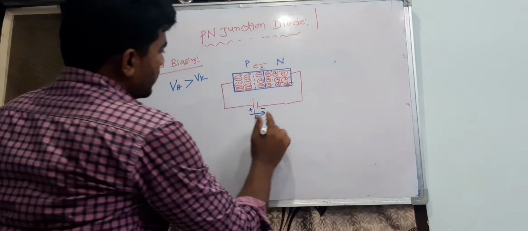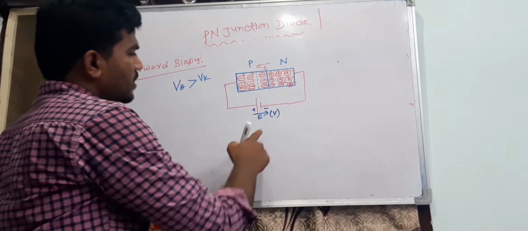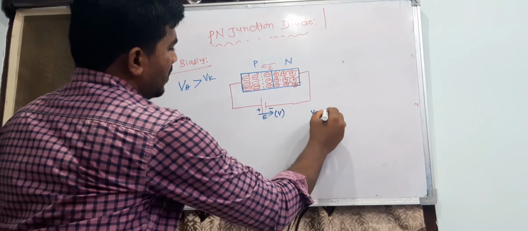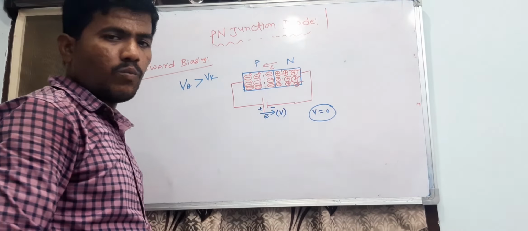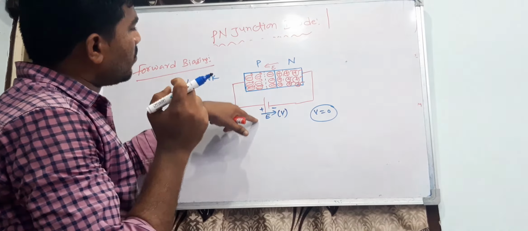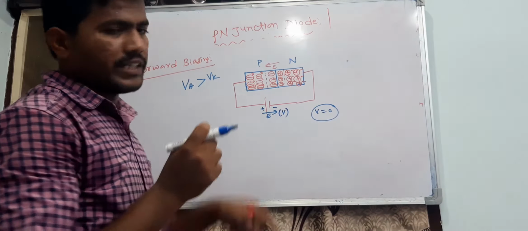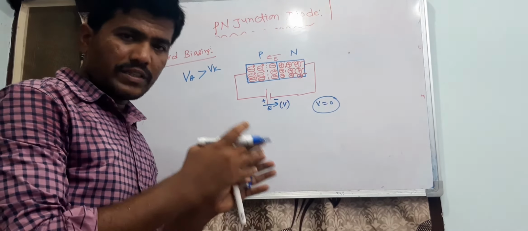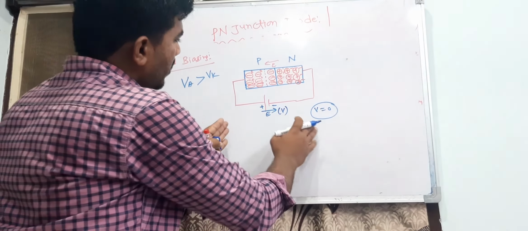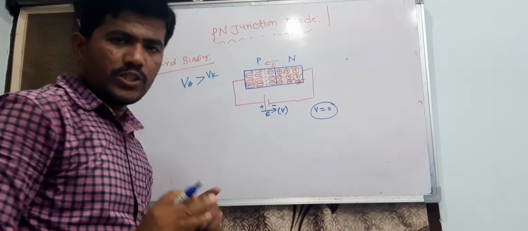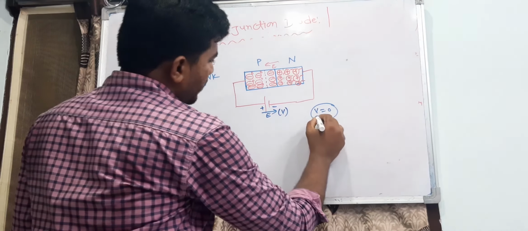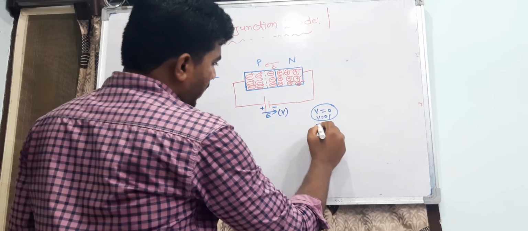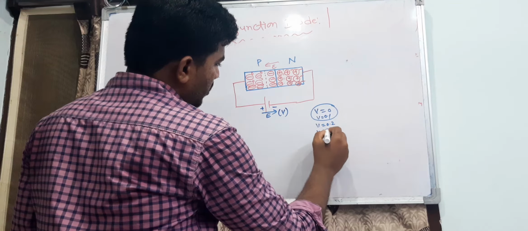So due to this electric field some potential will be developed. I am denoting this potential as V. Initially if V equals 0, what happens? If V equals 0, no external force is there on the p-type as well as the n-type semiconductor, and whatever the operation of the open circuited condition is, in the V equals 0 condition it is the same operation, there is no change. So when I increase V to 0.1, what happens? When I increase to 0.2 volts and V equals 0.3 volts, what happens?